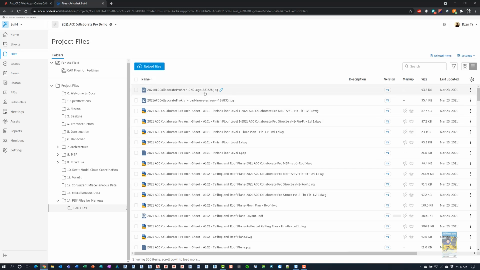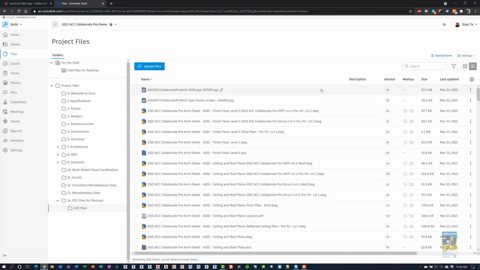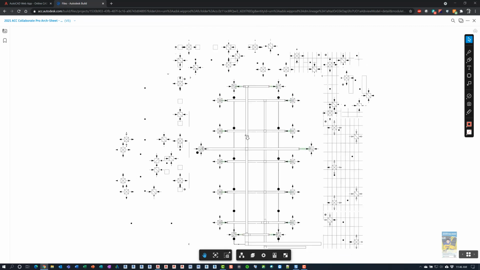Now, if you were to click, for example, a CAD file here, you're actually opening it up within the ACC Viewer.autodesk.com portal to look at the data. Okay, so that is not the same as web.autocad.com. If I open up, say, another drawing, say this particular one, this is what the file looks like in this